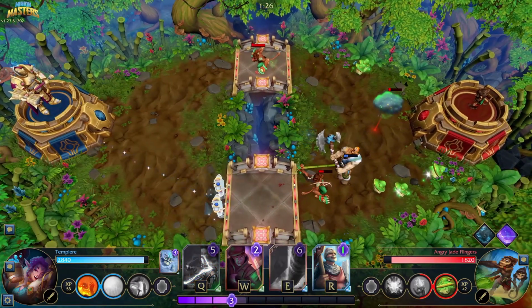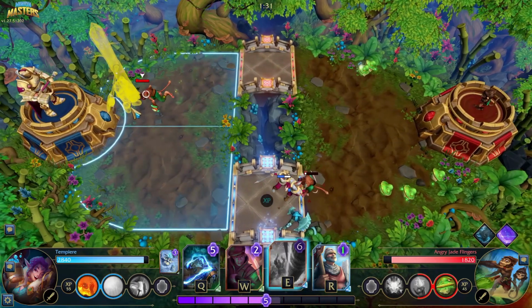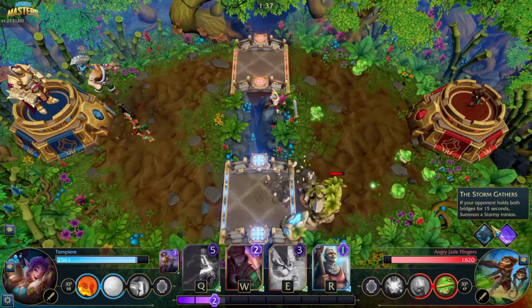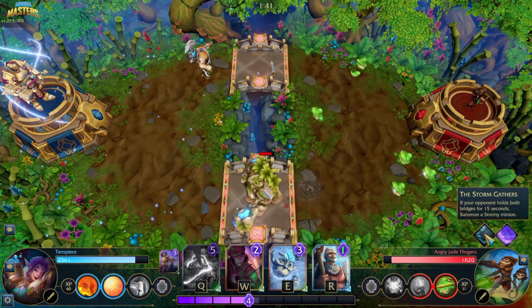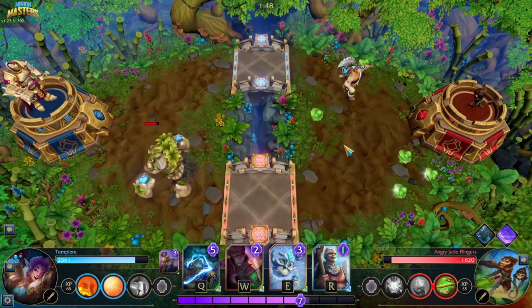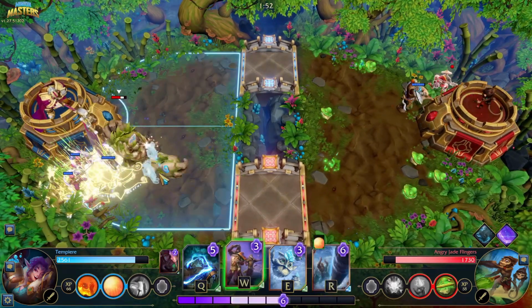Now as well, in hard mode, I think... Oh shoot, oh thank god, they weren't in range, I thought they would be in range. Yeah, in hard mode, the enemies get random relics, whereas in normal mode they don't. So in this one he got the Storm Gathers, which means that if your opponent holds the bridge for more than 15 seconds, then he summons a Stormy. That's really not that good, it's actually pretty terrible, honestly, but...